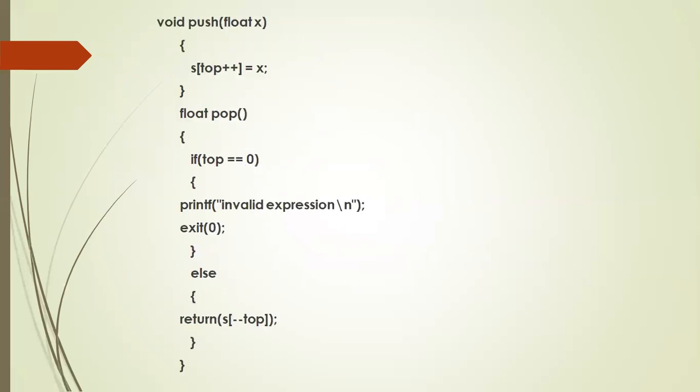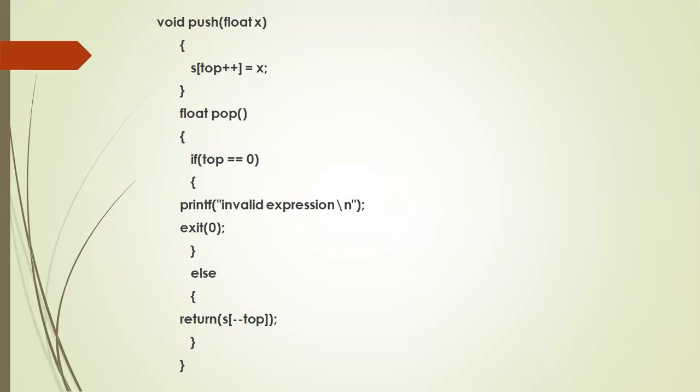So whenever an operand comes, you have to push it, and whenever an operator comes, you have to pop. You have to write 2 different functions. One for push, another one for pop. In the push function, whatever value you are giving, that is pushed. So if we give n, suppose first time X is 5. S of top, you have started with 0. That's why I made it S of top plus plus. If the top started at minus 1, it should have been S of plus plus top.